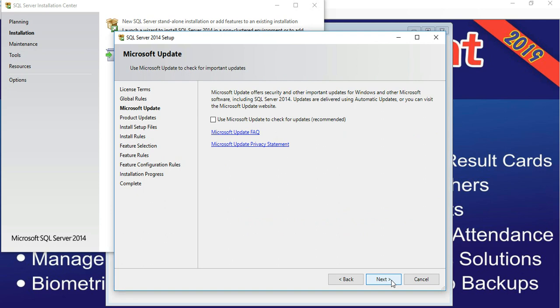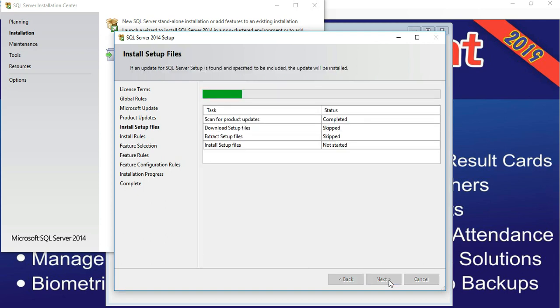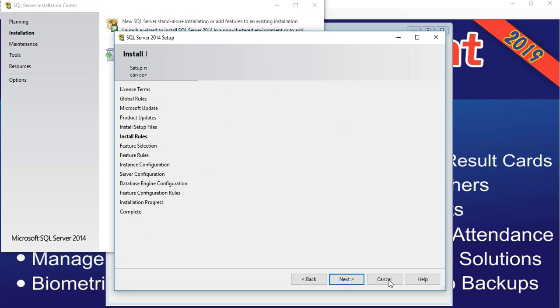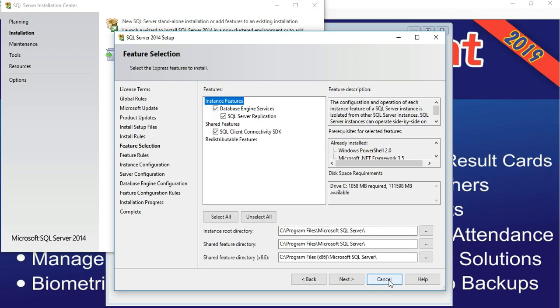And then next. These are already all selected. If these are not selected, you can select manually and then click next.